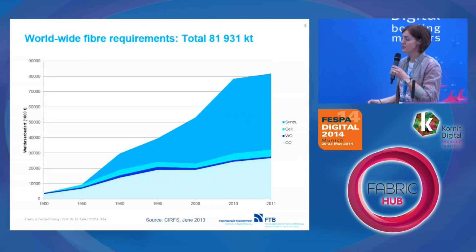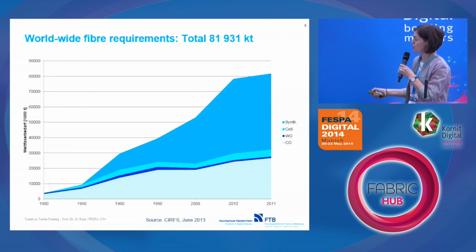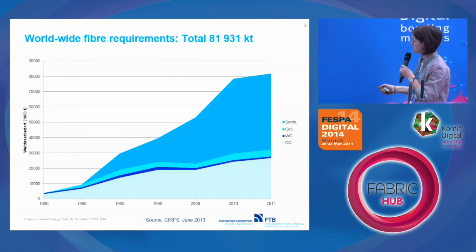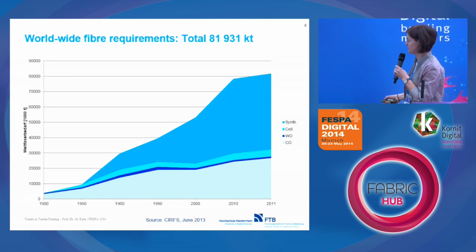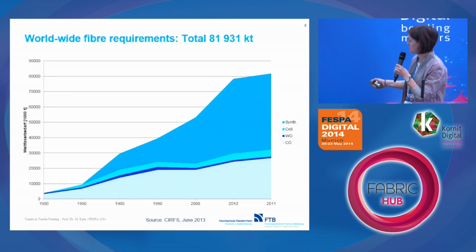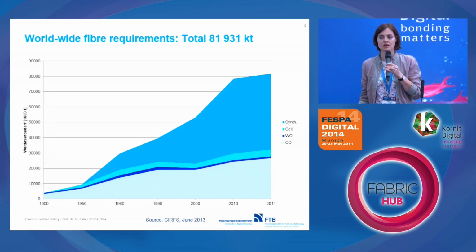So wondering where we will head to, I would like to show you some other trends. Looking into the world fiber market, what type of fibers are we dealing with in textile industry? What you can see here is the development of the world fiber market over the last 110 years. So today we have an amount of 80 million tons of fibers, and the dominant fibers are synthetic fibers, most of them synthetic polyester fibers. Cotton is also number two here in this market, and